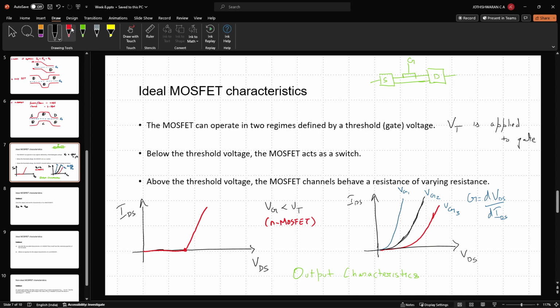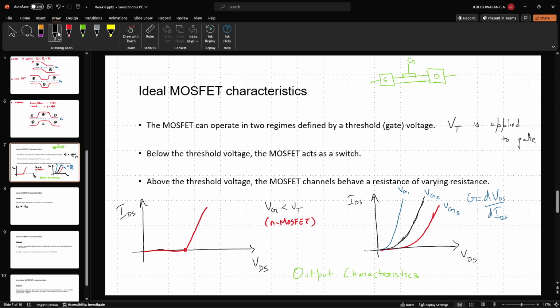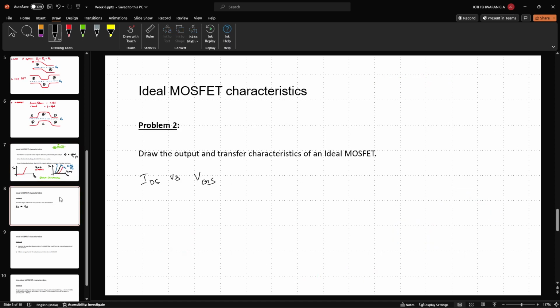So here again I will mention over here that this is for Vg greater than Vt. Okay. So now again, ideally what I would expect is for a very low VGS,